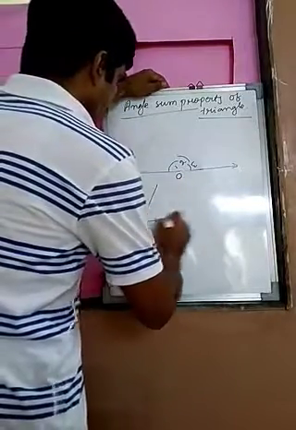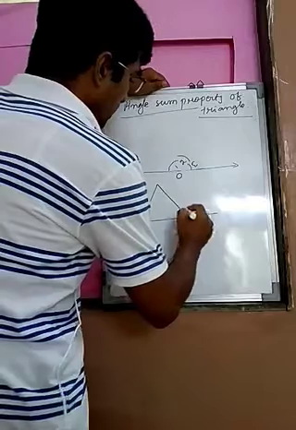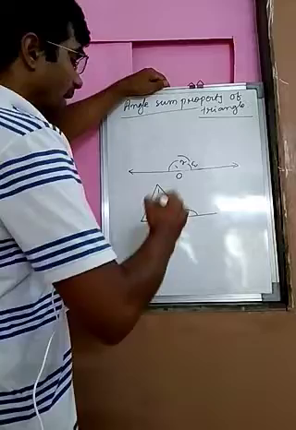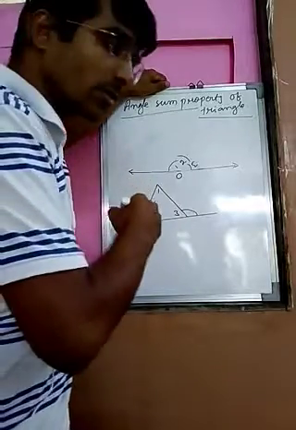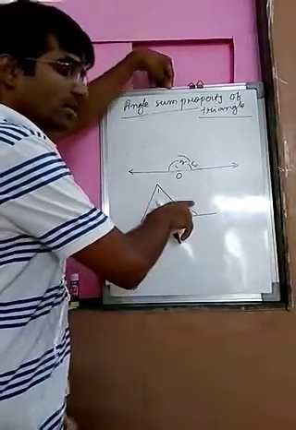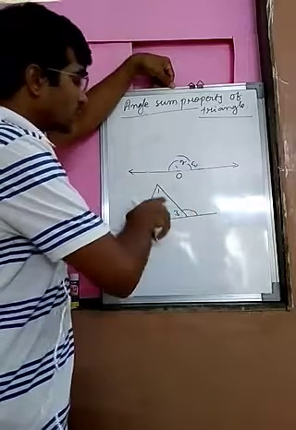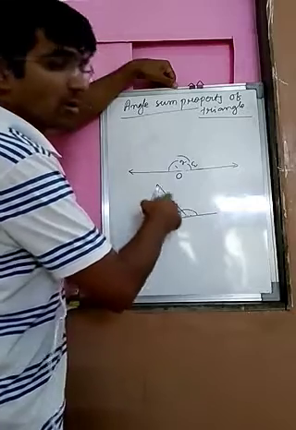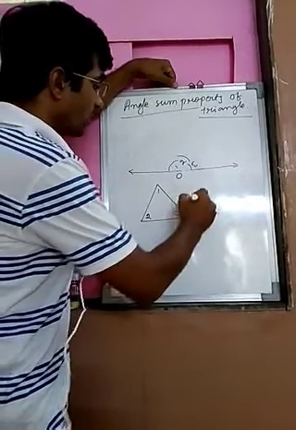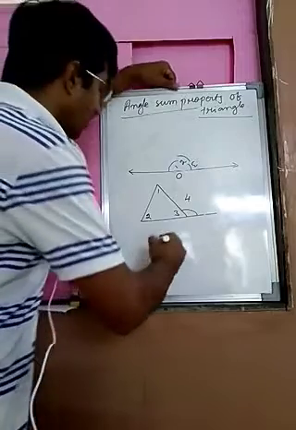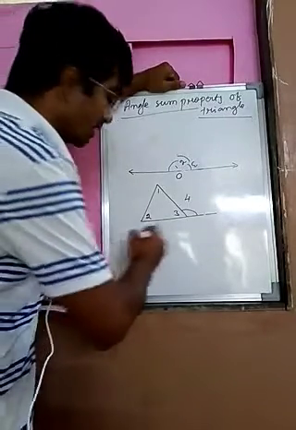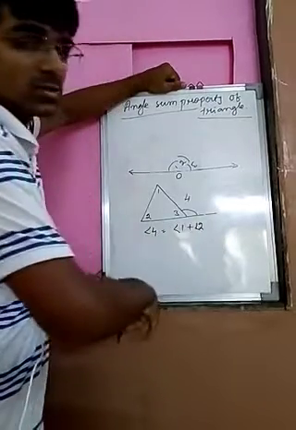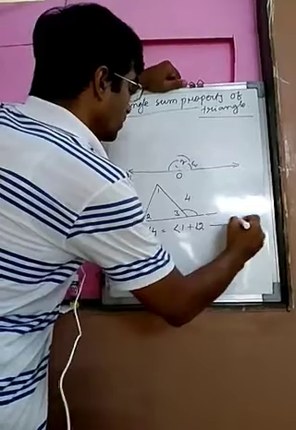Now another method is there with the help of the exterior angle property of a triangle. We know in a triangle this angle is called what? Exterior angle. If these three angles are 1, 2 and 3, according to the exterior angle property of a triangle, the measure of an exterior angle equals the sum of the two interior opposite angles. Now angles 1, 2 and 3 are the interior angles of the triangle. Now 4 is what? Exterior angle of this triangle, and angle 4 is equal to the sum of angle 1 and 2. This is the exterior angle property. This will be equation number 1.